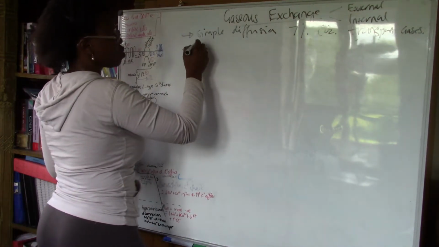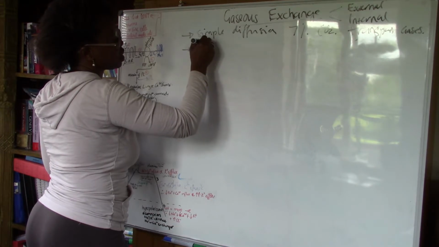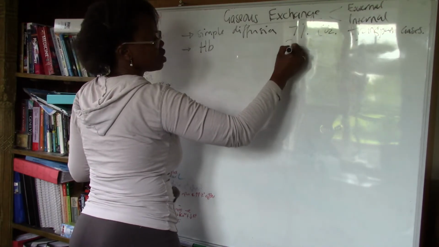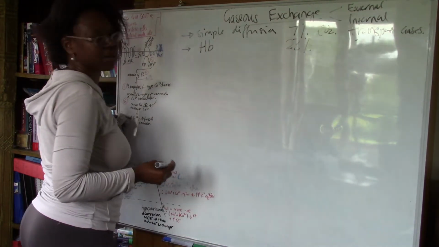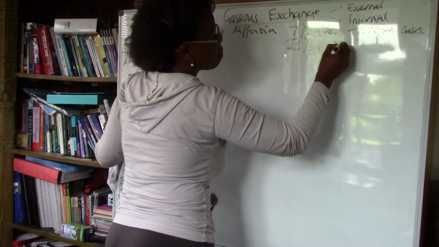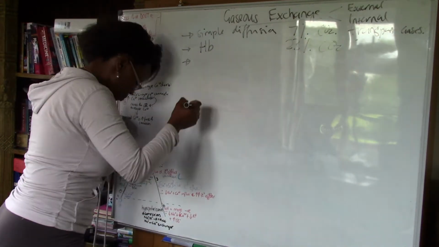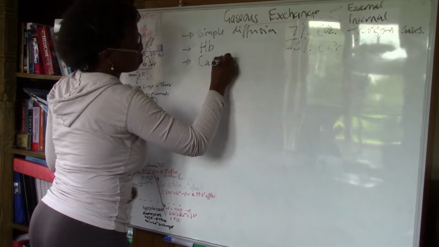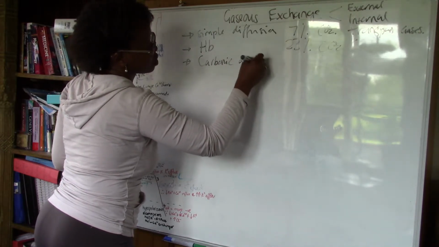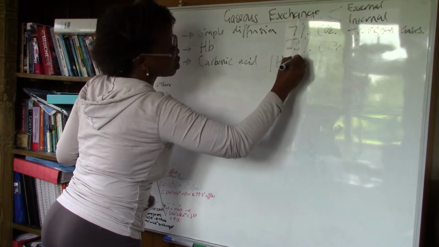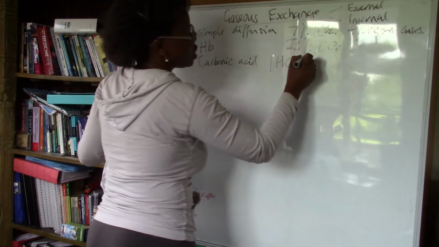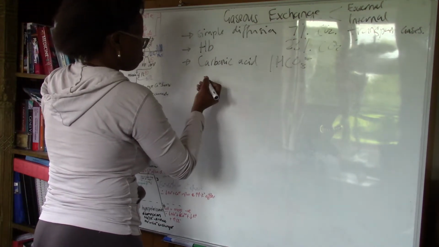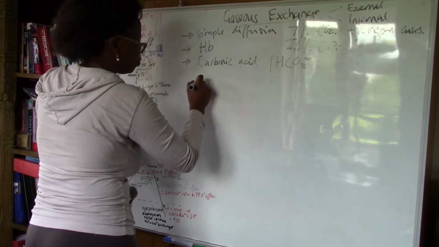Carbon dioxide can also be transported by hemoglobin. Again, this is not a lot. Only 23% of carbon dioxide is carried by hemoglobin. So most of the carbon dioxide really is transported via the carbonic acid-bicarbonate system, shall we say. So what happens is, say if we have carbon dioxide in a tissue,